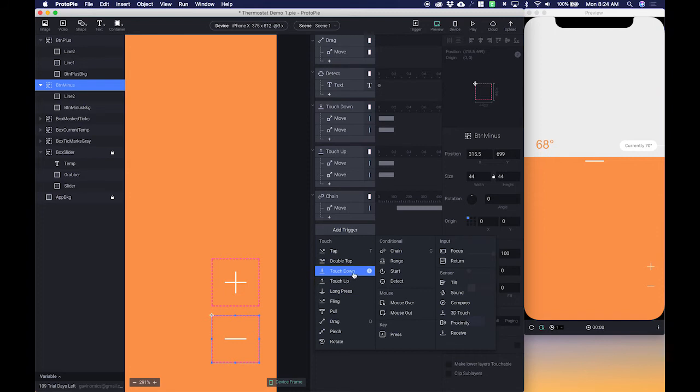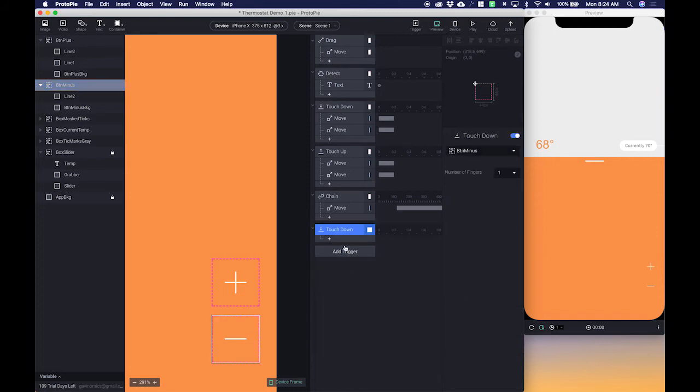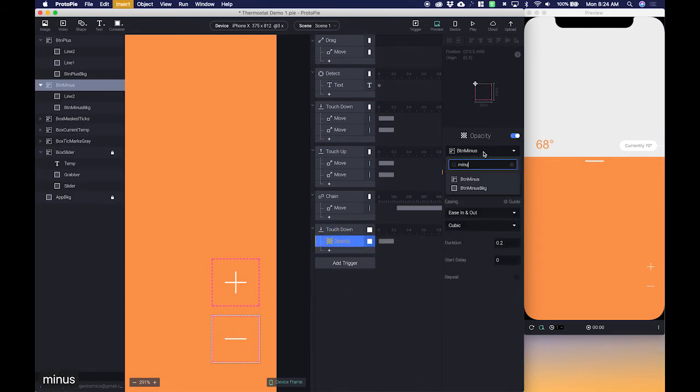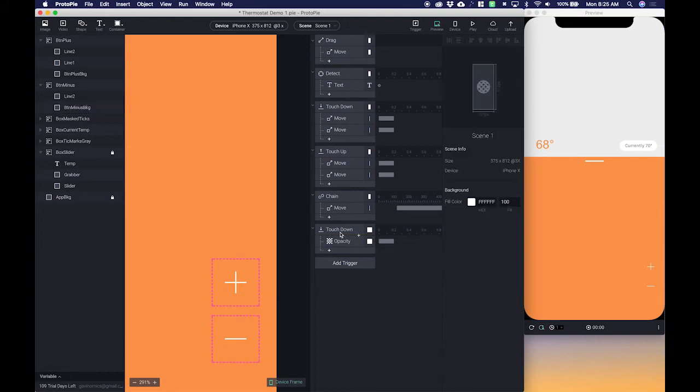This is actually going to be a touch down trigger, and when I touch down on button minus, I'm going to add a rule that's going to change the opacity of the minus background, and that opacity is going to change to 50%. So now we have a rule saying